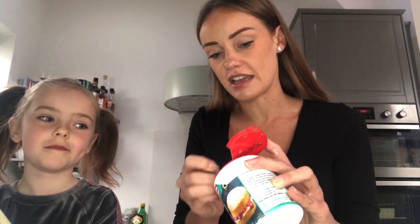Okay, so now we are going to crack 1 egg into the bowl. Now Poppy wants me to do this because she's a bit worried that she's going to get some shells in there. So I'm going to tap the egg. Oh, let me hold it up. I'm going to tap the egg on the side of the bowl till it cracks, and we're going to put it into our mixture. We're also going to put a teaspoon of baking powder, and that's what helps our cake rise. So put that